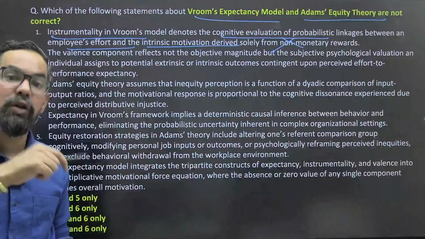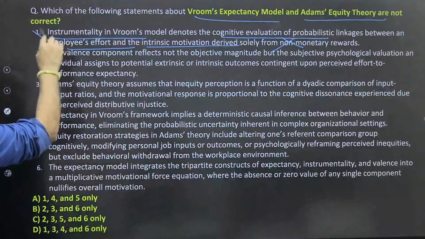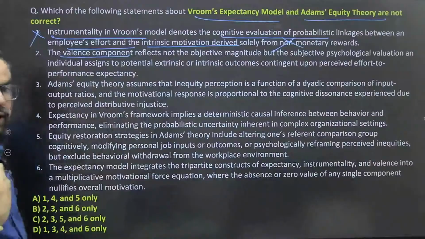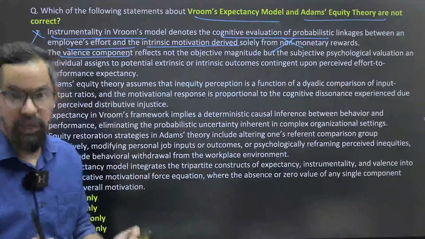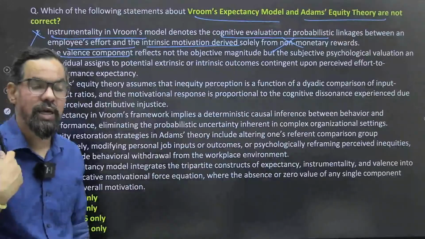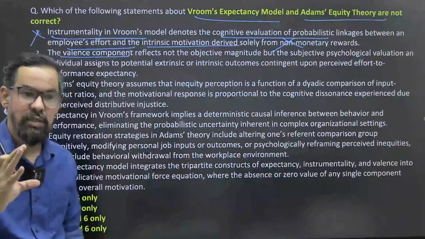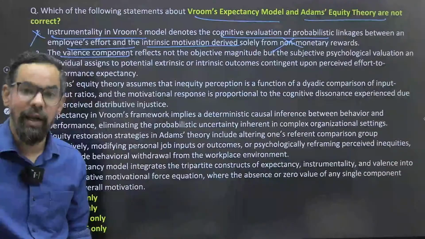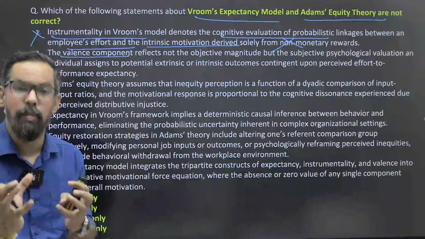No, this is wrong. Instrumentality is something like, if I put in some additional efforts, what rewards will I get. Valence is the reward I get and the efforts I put in, so we generally do some sort of comparison, that is valence. Let's say we are working 8 hours, now we start working 12 hours, 4 additional hours, so we should get a 50% salary hike. So whether I'm getting a 50% salary hike or not, we generally compare with our efforts.